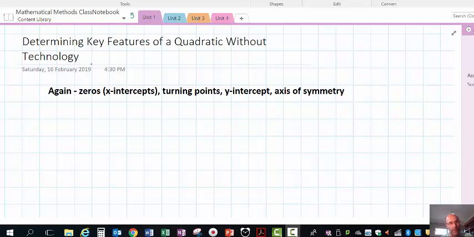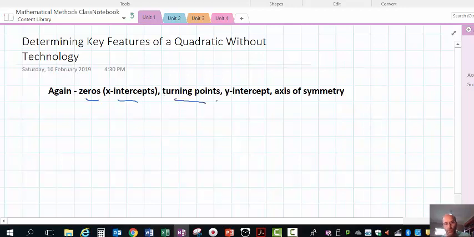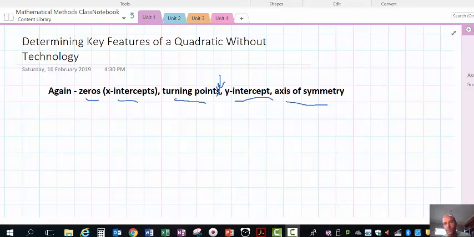Our goal is determining key features of a quadratic without the use of technology. So if you watched the previous video, we're going to again talk about these things: zeros or x-intercepts, solutions, roots, whatever you want to call them, but they're all the same thing. Turning point, it's going to be singular, the y-intercept, which is definitely singular, and axis of symmetry. So without using technology,